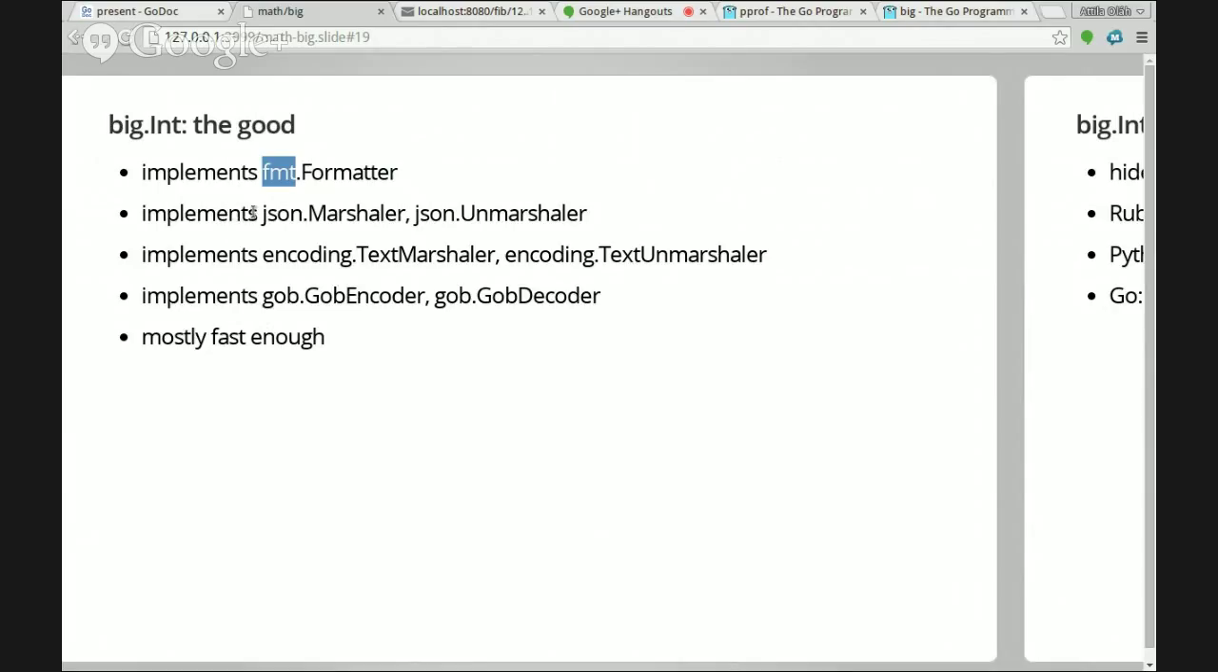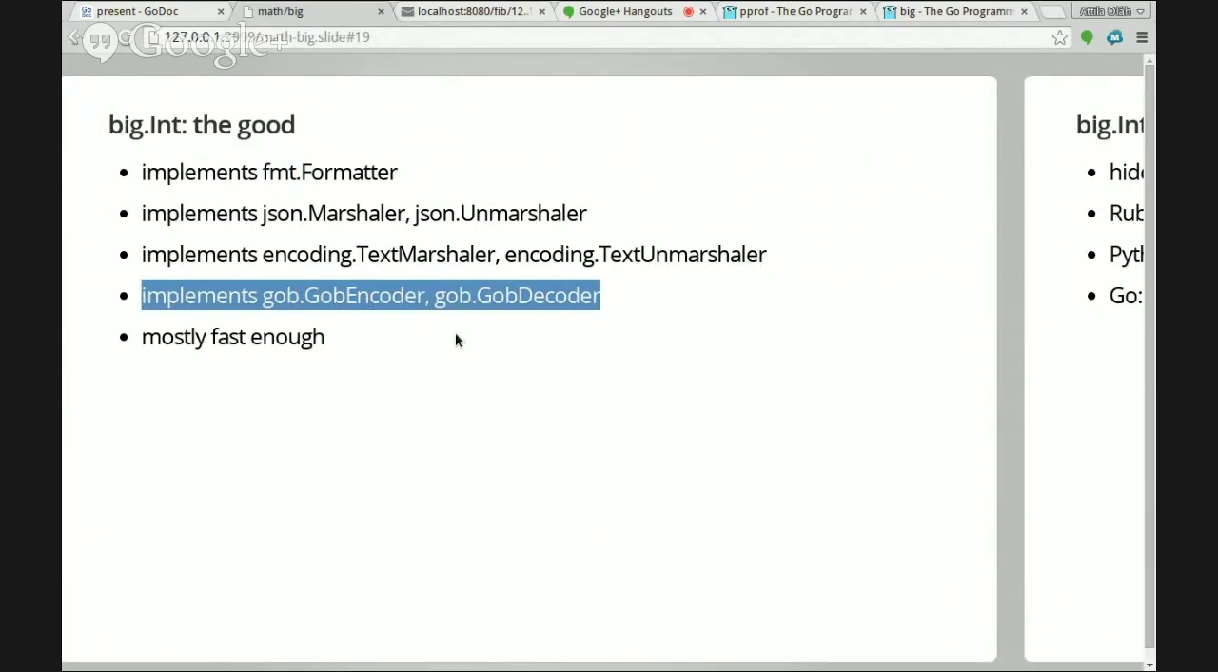It implements a few encoders and decoders, most notably JSON, which we already used in the example. So it implements the JSON marshal and unmarshal, the text marshaller and unmarshaller, and the Go binary encoder and decoder. So the rule of thumb is whenever you need to communicate with external services, so if you need to plug this into an API, like our example, you would mostly be using the JSON,